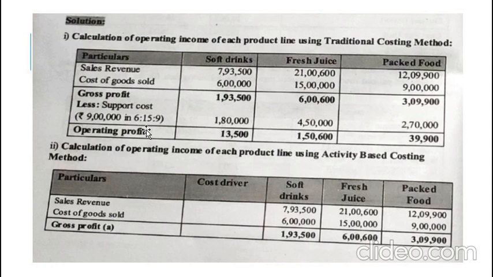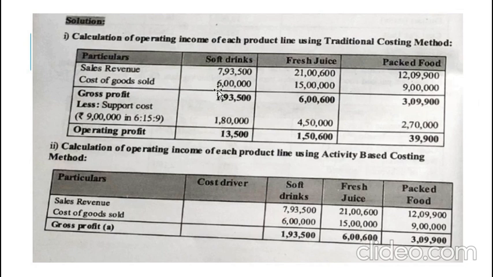Next for fresh juice, 6,60,000 minus the support cost 4,50,000, which will give us 2,10,000. Next is packed food. The gross profit is 3,09,900 minus 2,70,000, which will give us 39,900. So we have done with our first calculation based on traditional costing,